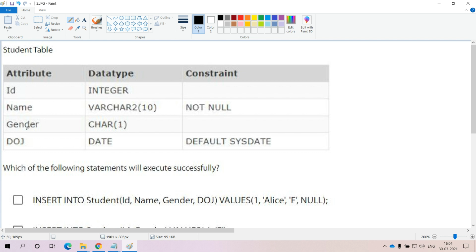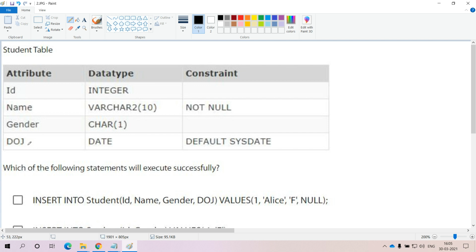And coming to the gender, there is no constraint upon the gender, and the data type of the gender is character, that means you have to provide a single character in the format of a string. And here it is also optional. Without providing the gender value as well as the ID of the student, we can store the data into the database, there is no problem at all. But the mandatory field, here name is the mandatory field, we have to insert some value into the name field, otherwise it is not at all acceptable. Why? Because upon the name we have the constraint not null.